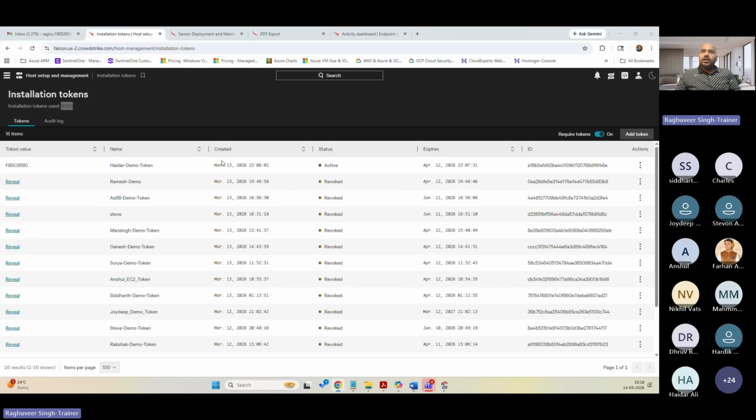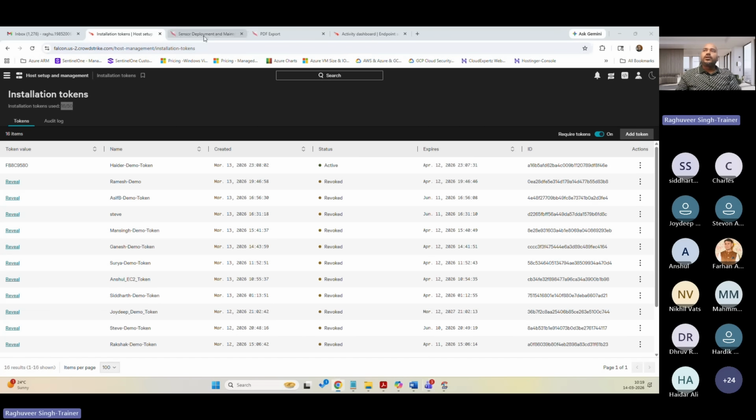Now for that, I will share the documentation with you. The documentation contains all the information. I'll share it right away from Microsoft Teams. The documentation contains all the information about hardware requirement, software requirement, network requirement, specific requirement. However, I'll show you where that document is. So what we need to do,